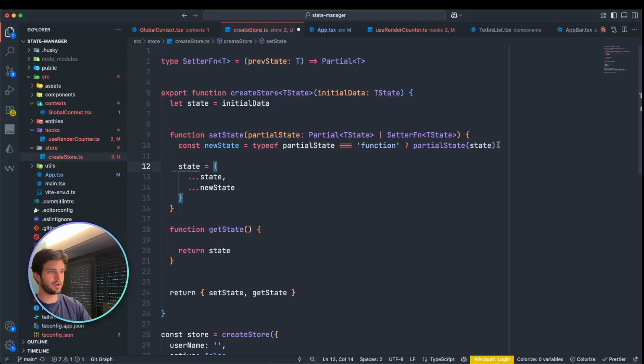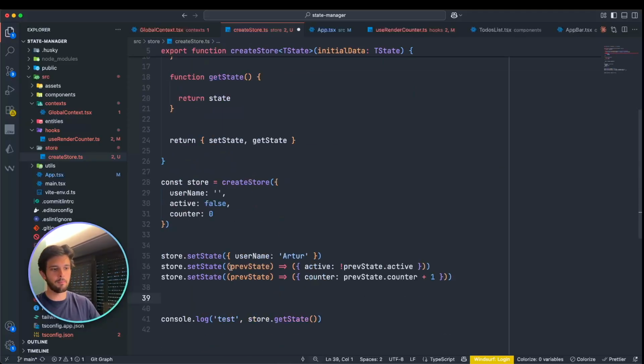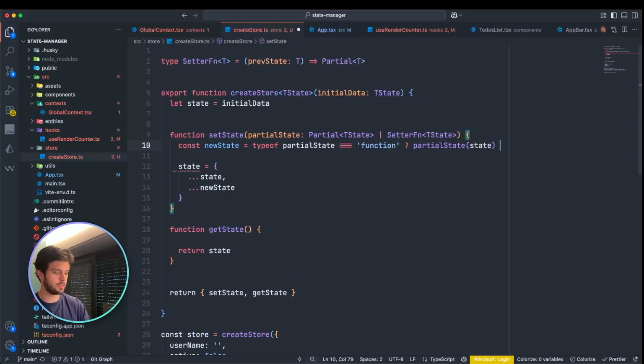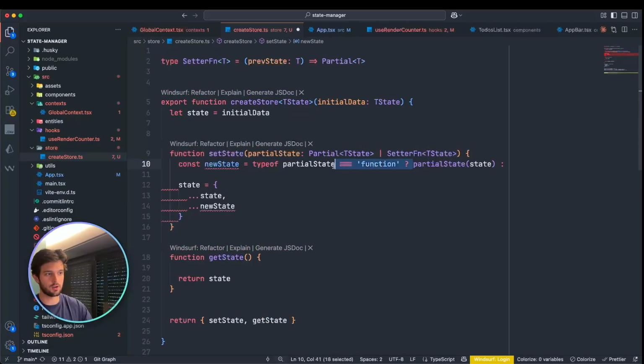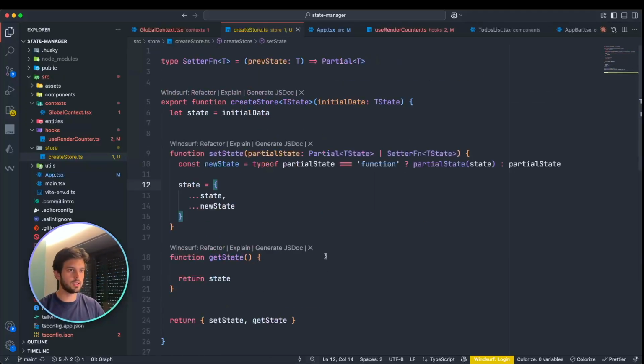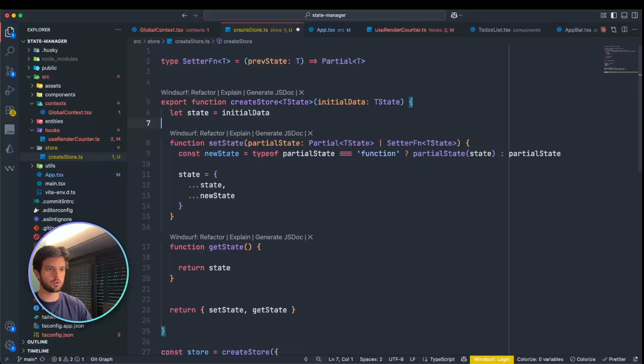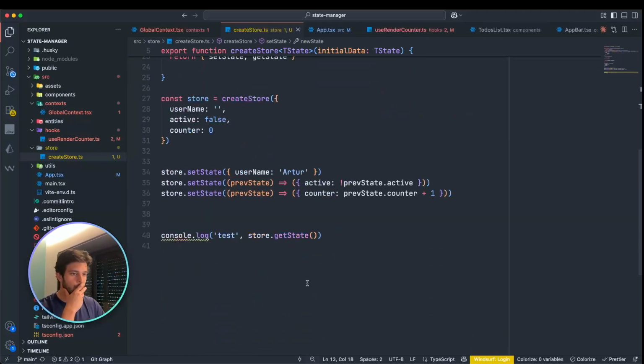So by doing that, we are executing the function, and by executing, we are actually getting that partial state in which we want to merge it in here, because we don't want to merge a function. We want to merge what this function returns to us. So by doing that, we can do it like this. And if this is not a function, then this is just the object that we want. So we can just return the partial state. And by doing that, you can see that all TypeScript errors are now gone,